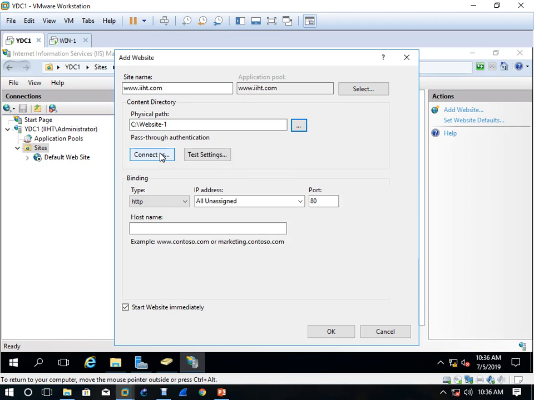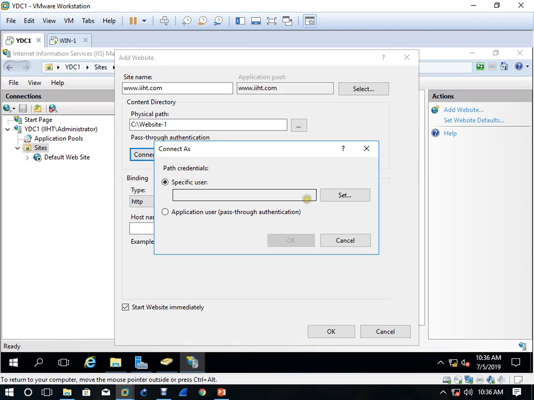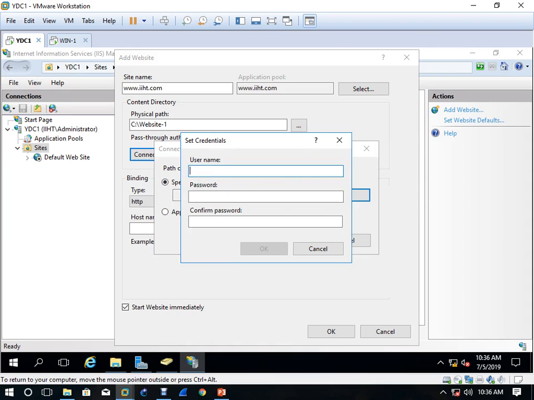How is it allowed? See here. Connect the website as... set who is. Who can open this website? Any user can open this website, because when the website is opened it needs credentials, and I have already given the credentials.